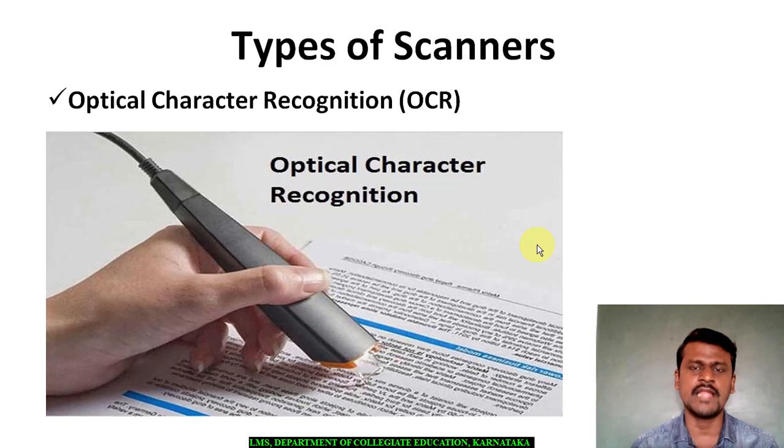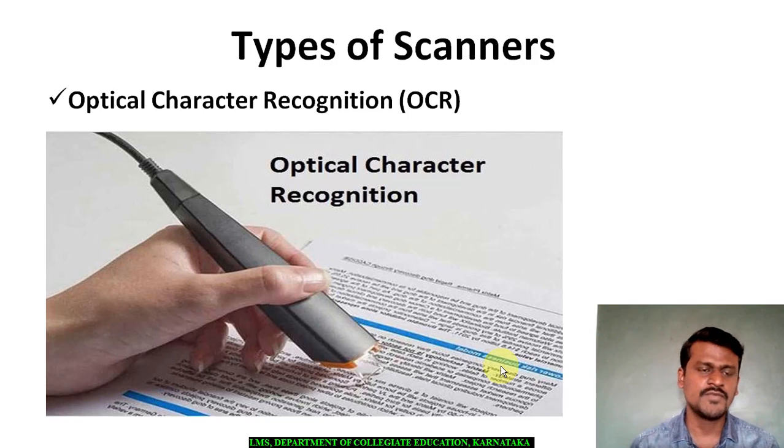Those characters and numbers will be read by the optical character recognition, and it will read the already printed, that is, a printed book or any sheet. You can read using this one, or you can also read some handwritten papers or handwritten paragraphs or sentences also, provided those sentences should match the characters stored